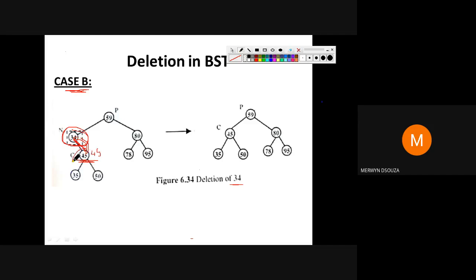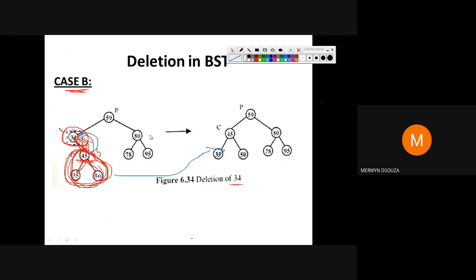Basically, you're going to take this entire structure and copy it here, because in this case 45 is having children also.